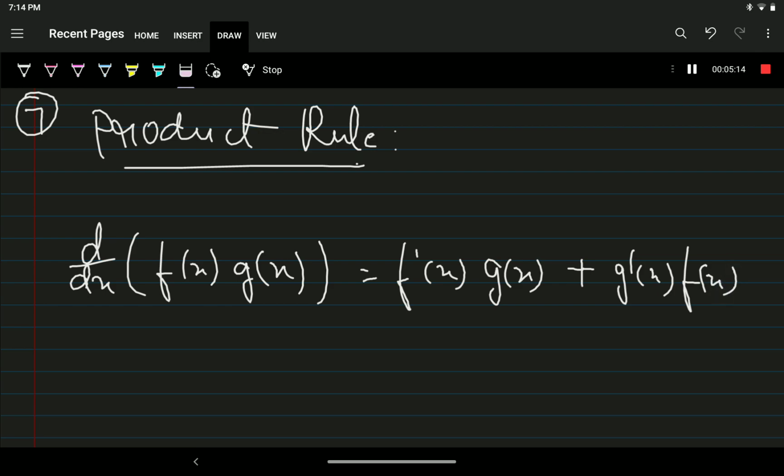Here f dash x and g dash x mean the differentiation of f(x) and g(x). That means we need to first take one of the functions and differentiate the other, and then plus the other function and differentiate the first. Like this. For example,